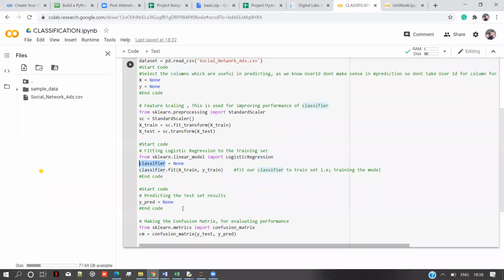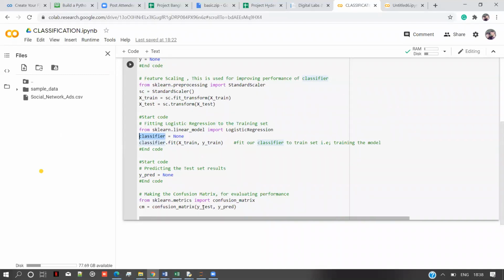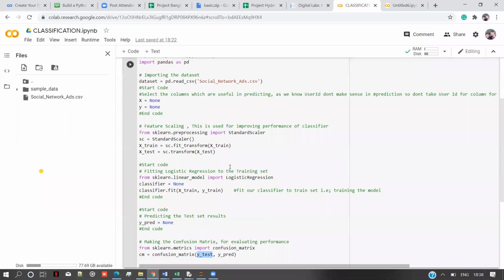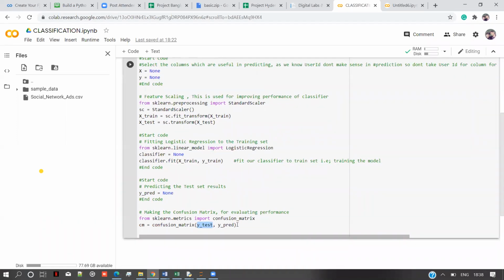After predicting the results, we'll compare with ytest. Ytest is what we need to test against, right? We divided x and y into x test, x train, y test, and y train, right? So after dividing, we will use y test and y pred to evaluate our performance metrics.